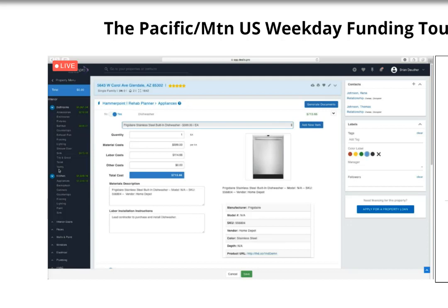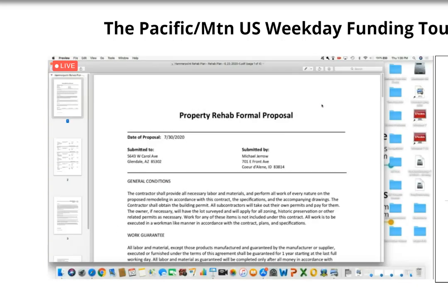Now, that's great. Those are all the prices directly linked through Home Depot. Let's look at one last item. You see right here where it says generate documents. I now want to generate documents of my entire rehab plan that I could also have my contractor sign. So this has all been pre-set up, pre-done for me, so I don't have to go anywhere else, which is just going to save time. I'm going to click where it says generate documents. And when I click it, it's going to pull up and say, here's your property rehab formal proposal, which was done today on